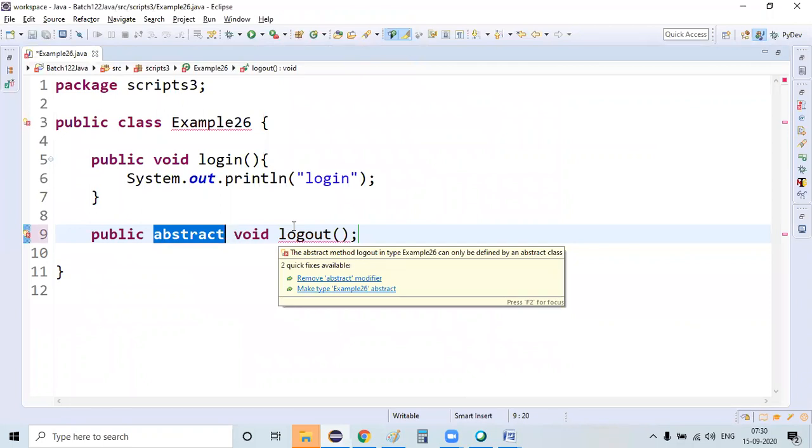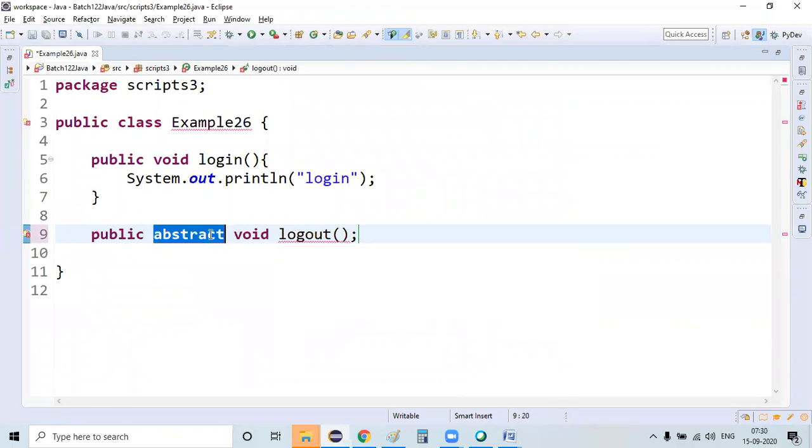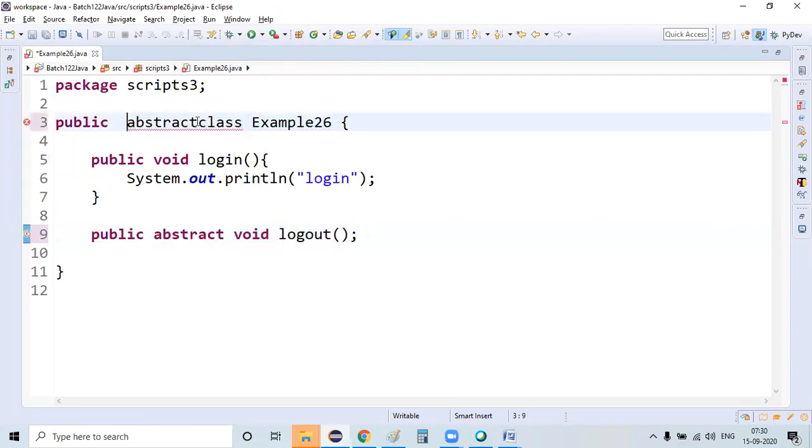The reason is, if a class contains one or more abstract methods, then definitely that class should be declared as an abstract class. So I have defined this class as an abstract class. Okay, good. And another thing that I need to consider on top of this one is,